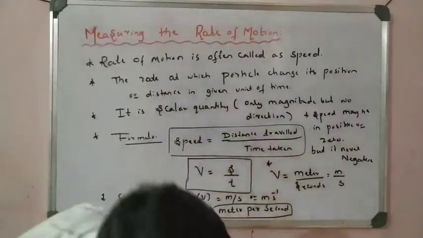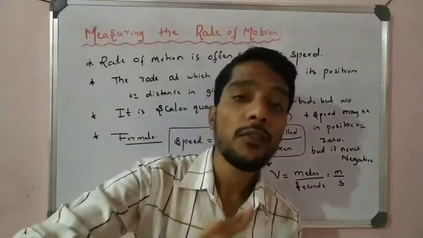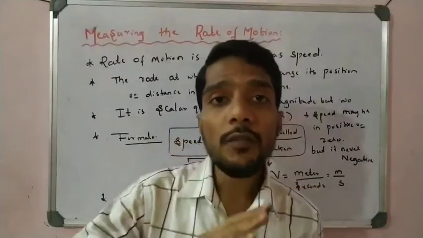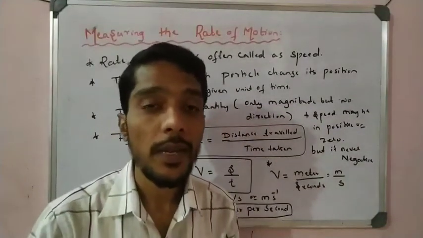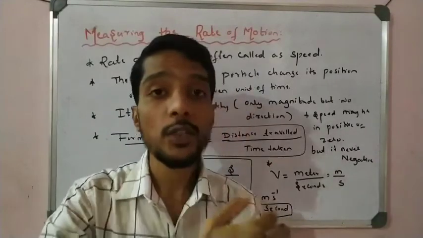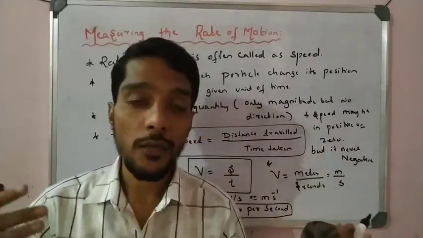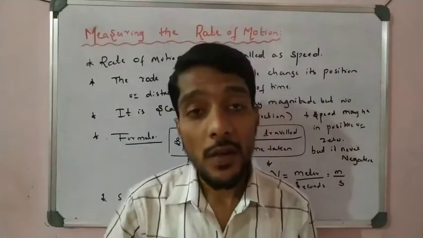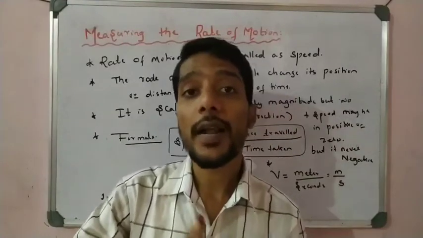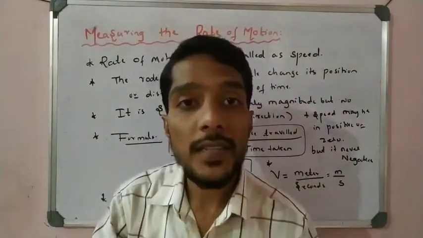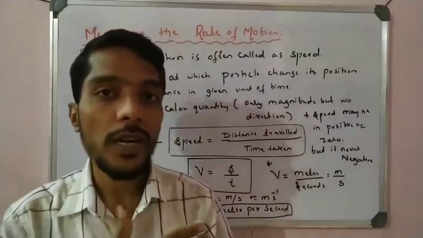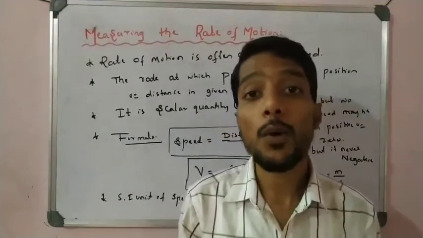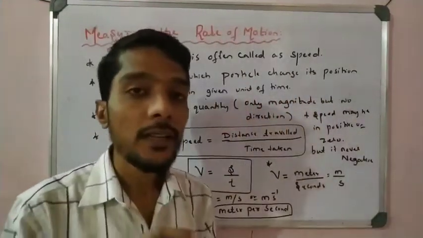Now, in day-to-day life, if you travel in a bus, a bike or a car, we observe that the speed is not the same at all times. Sometimes it is very high, sometimes it is slow, very slow. For example, when there is no traffic and the road is free, the bike speed is very large. When there is a road breaker or traffic, the speed is less. So we observe that the speed is changing, sometimes more, sometimes less.